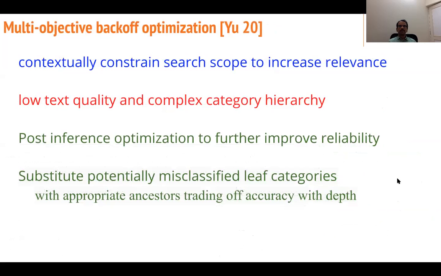So multi-objective back-off optimization is another approach for query classification. Classification actually contextually constrains search scope to increase relevance. But low text quality and complex category hierarchy complicate the problem. The solution overview is post-inference optimization to further improve reliability: substitute potentially misclassified leaf categories with appropriate ancestors, trading off accuracy with